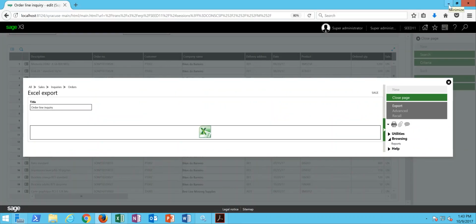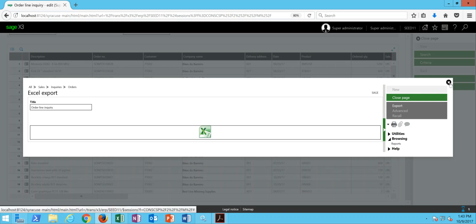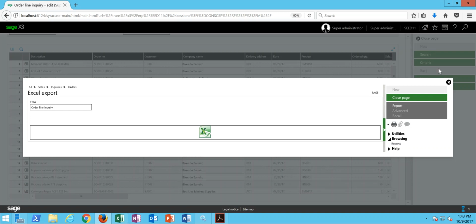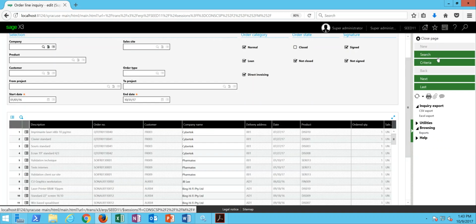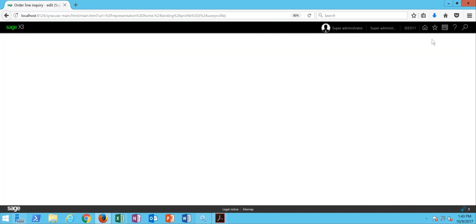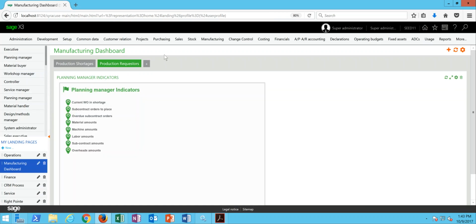Okay, now some other information in here that might be handy, let's take a look at the orders in process inquiry. So you might have a scenario whereby you have a particular sales order that you're looking to get filled, and maybe you don't have inventory available in stock, but you know that there's been a production work order or a purchase order that's been issued to fulfill the order,